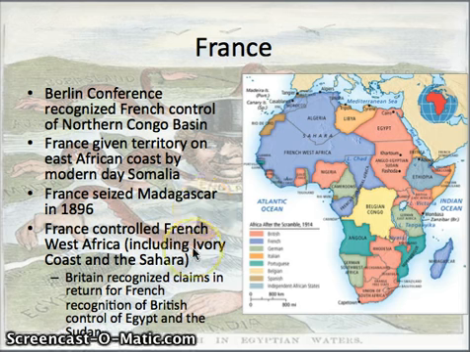And Britain is actually going to recognize that the French lay claim to this, partly because they want France to recognize that they have control over the Sudan. Remember the Fashoda crisis? They don't want that to come back and haunt them. So basically, they acknowledge that France controls certain areas of Africa, and England also controls their own respective areas of Africa. We'll continue and talk about Germany, as well as the justifications for and the arguments against imperialism in the next video.